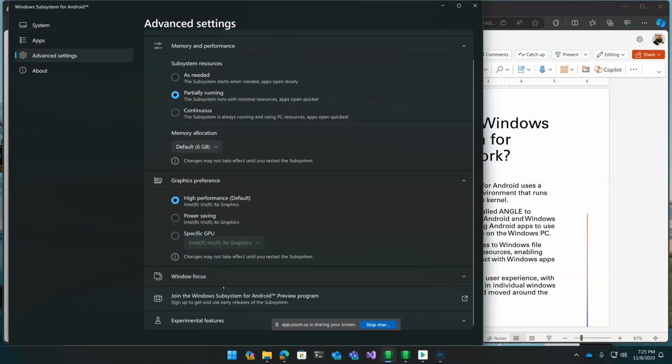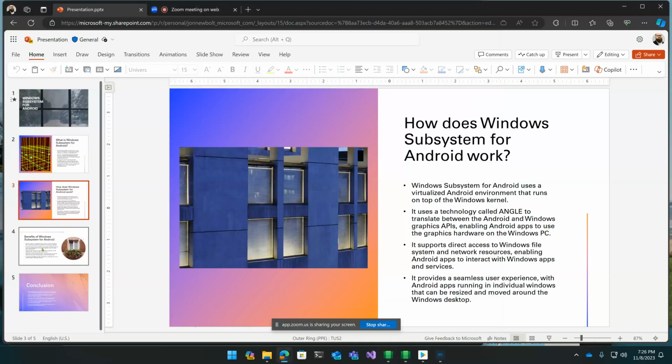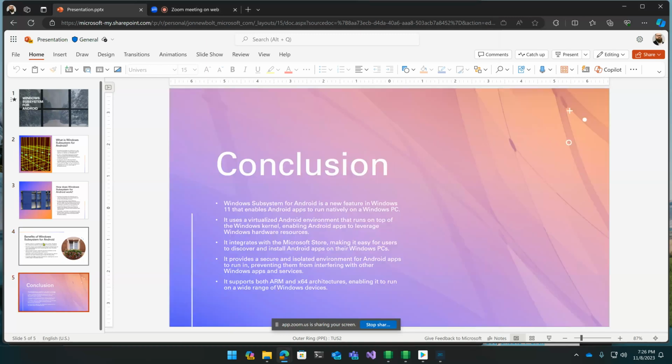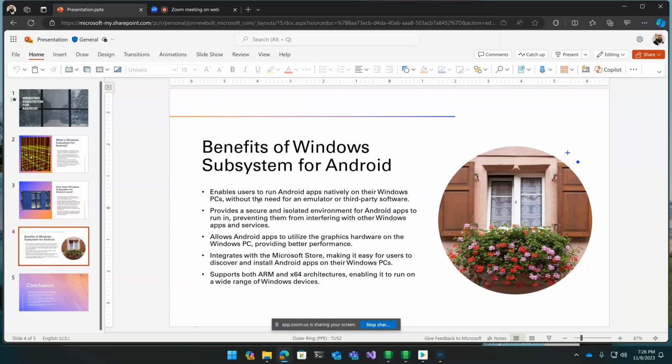Yeah, so okay, I'll just go ahead and dive into some of the show and tell, because the slides, no one really wants PowerPoints. I'll just skim through them. 50,000 some Android applications are supported at this point. You can grab it from the Windows Store.